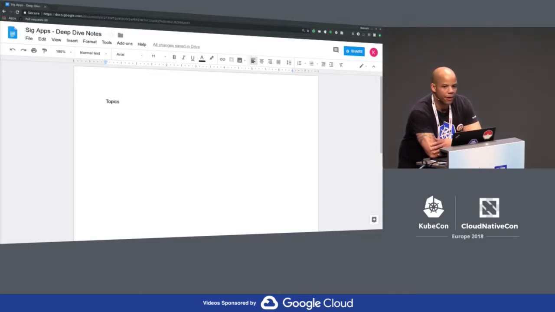Now, if everybody read the description of this session, it's really meant to be a working session. This is your SIG, the session's for you. The topics we want to talk about are topics that we're going to decide in the room right now. And if there are no suggestions, I've got a few in my back pocket. We were planning to split up and do discussions in small groups, but that was when participation was at like 178.